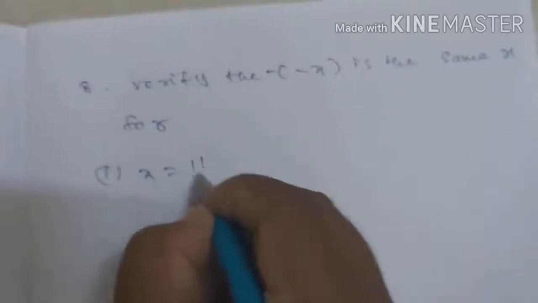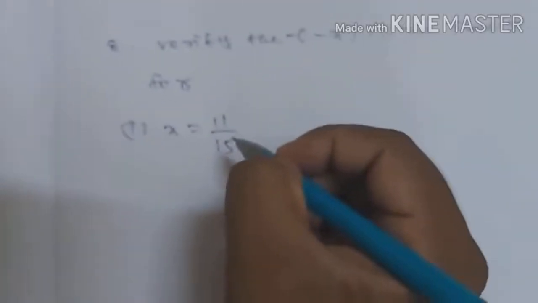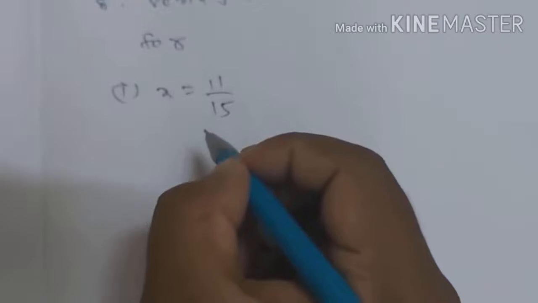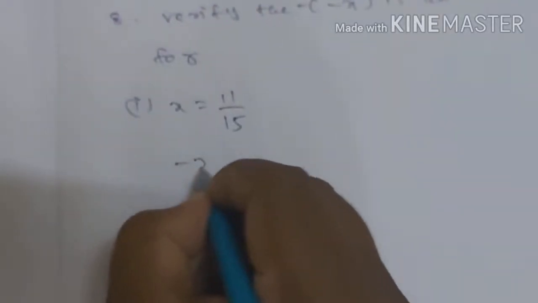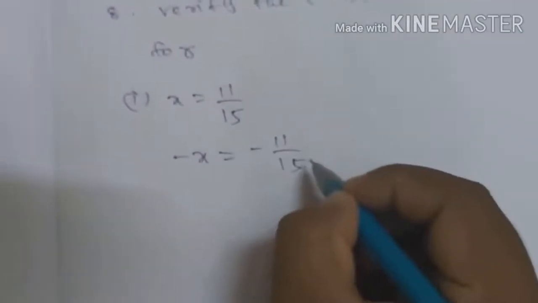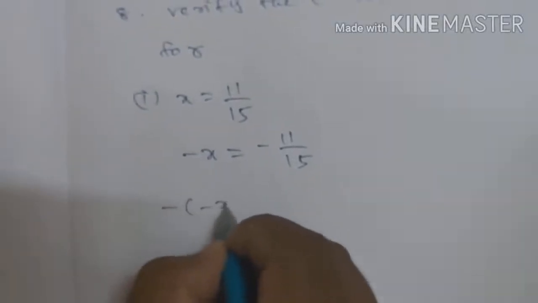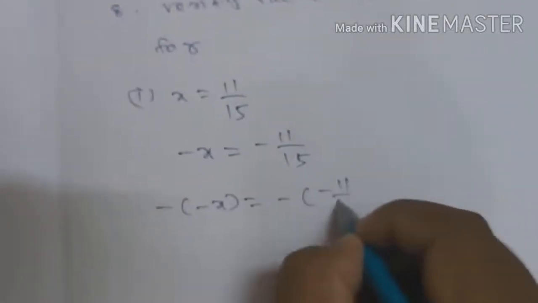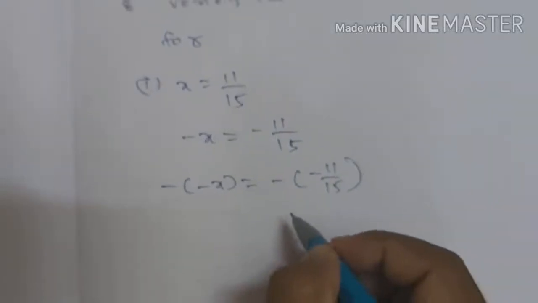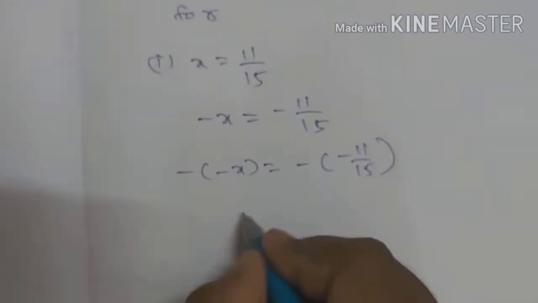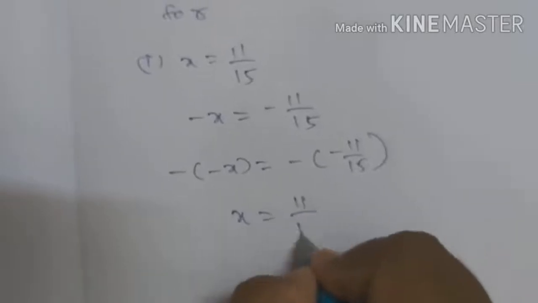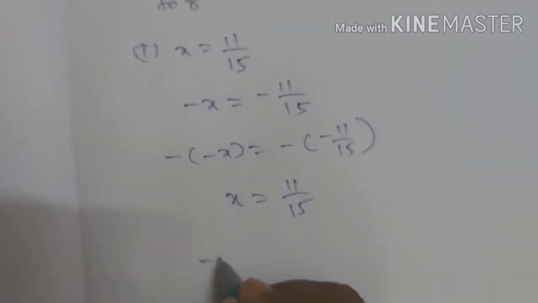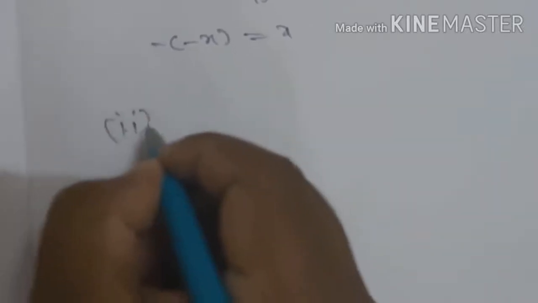So first one, x equal 11 by 15. First condition, both sides add the minus. So minus x equal minus 11 by 15. Again, what say, minus in extra one minus add. So minus of minus x equal to minus of minus 11 by 15. Now minus into minus plus, x equal to 11 by 15. So minus of minus x equal value is equal to x, and the same second one also, x equal minus